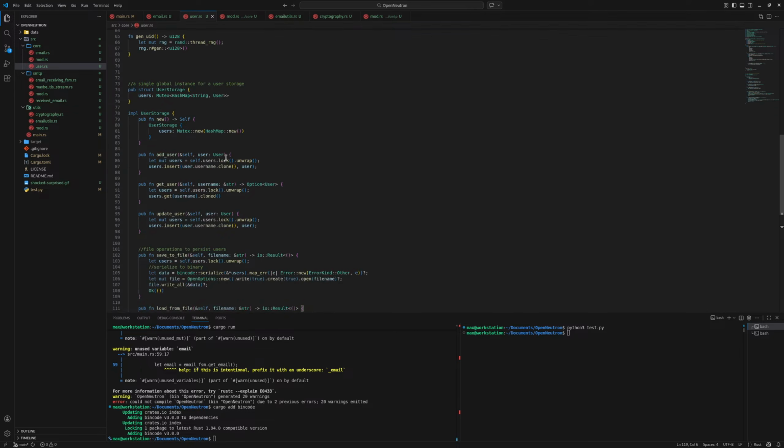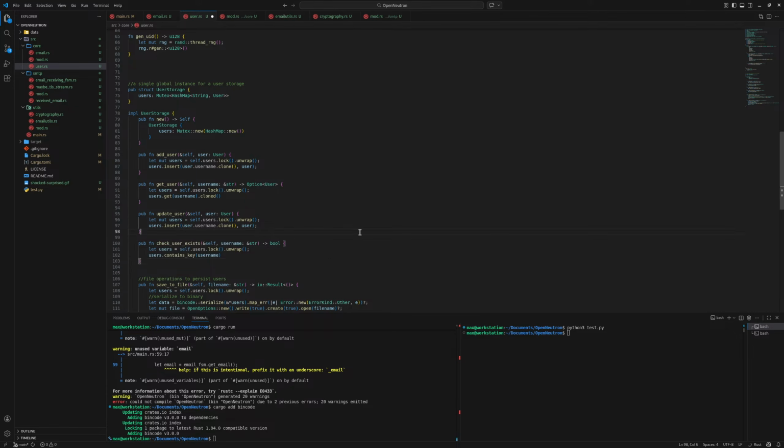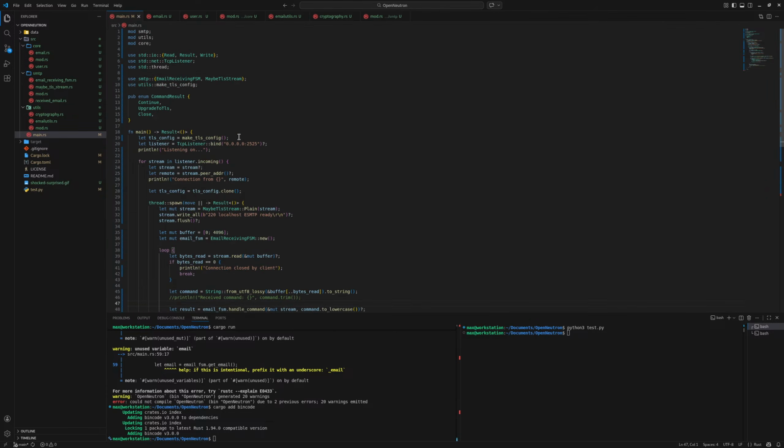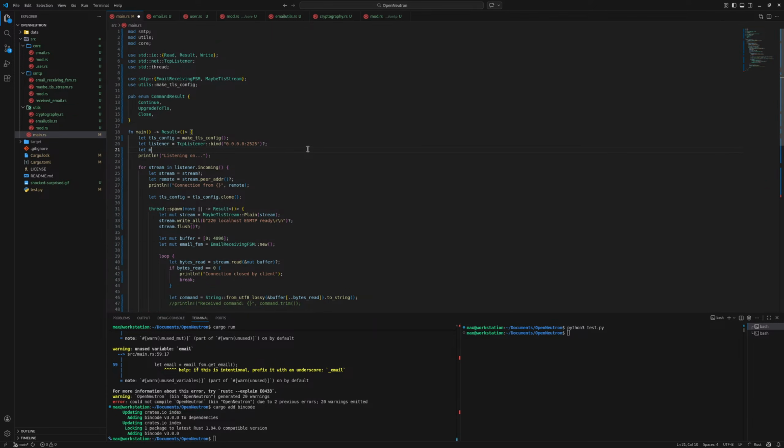So, user storage. And check user exists. Yep. If the user exists. So we have to, at the beginning, activate